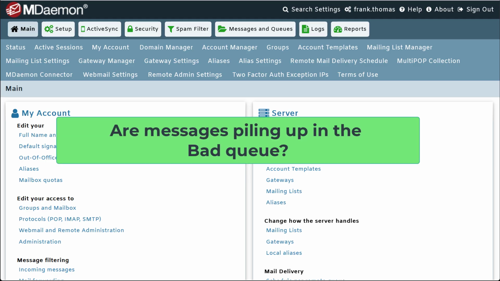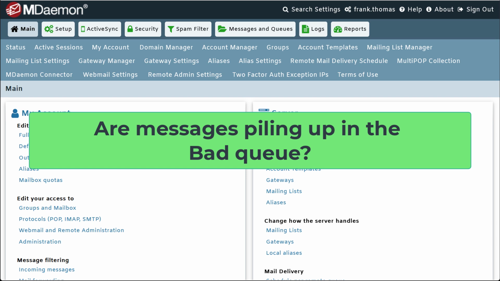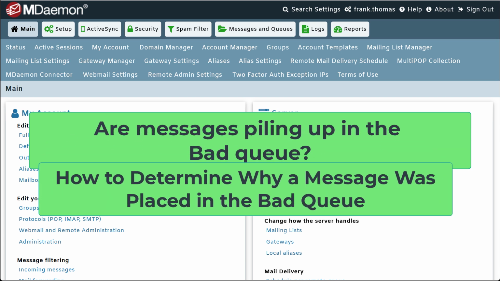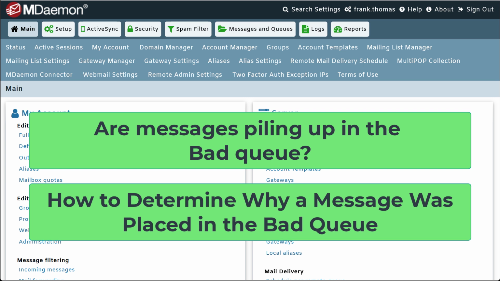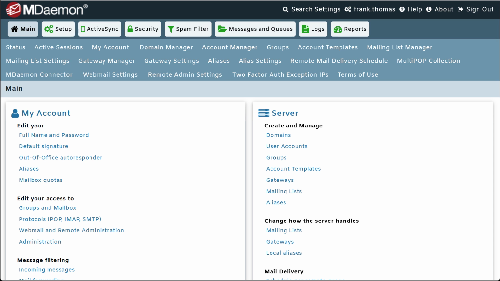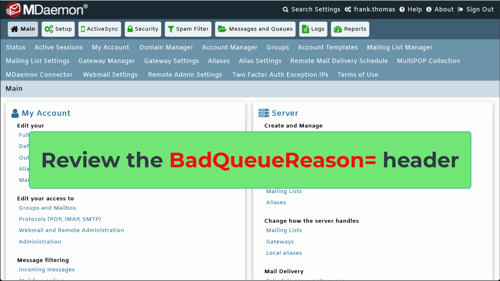As an MDaemon administrator, you occasionally might notice messages piling up in the bad queue. And there can be a variety of reasons why messages would end up in the bad message queue. For example, messages that were undeliverable, messages that were placed there by a content filtering rule, or other reasons. One way to determine why a message was placed in the bad message queue is to review the bad queue